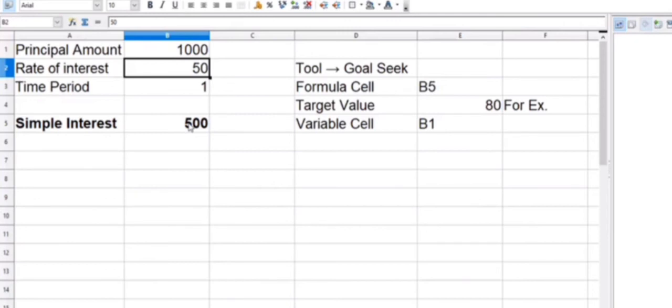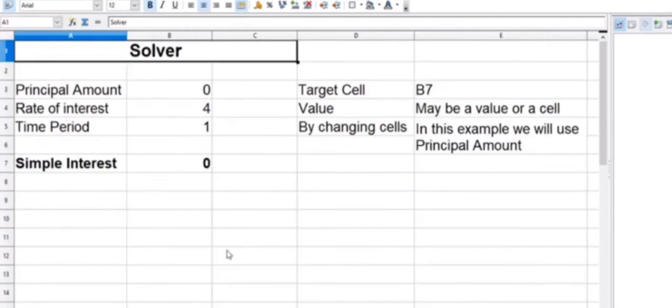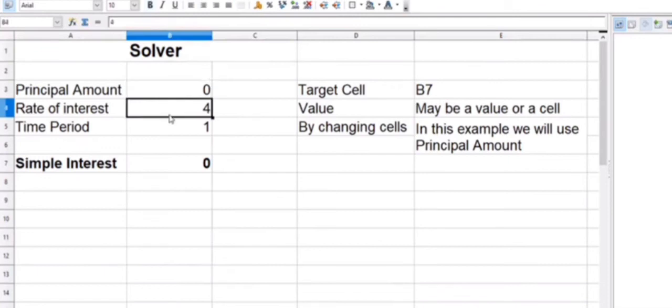Okay, so next is our solver, also the same type. Principal amount is 0, rate of interest, time period 1, and simple interest also 0. There is a formula automatically inserted. So